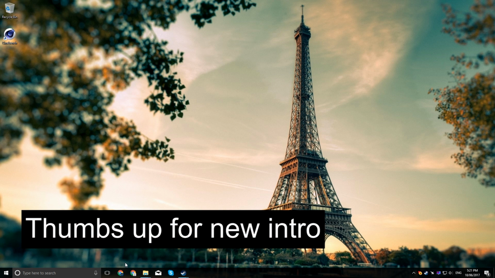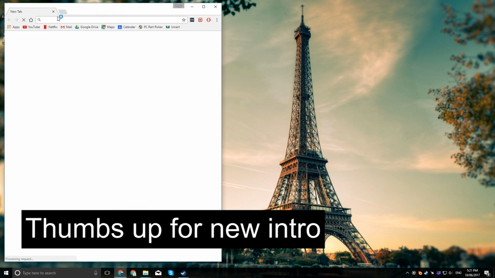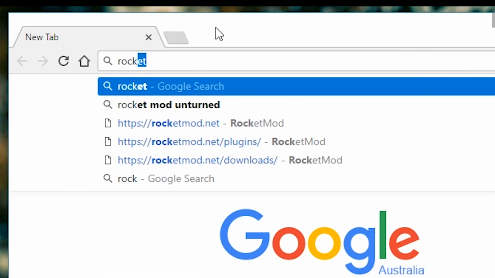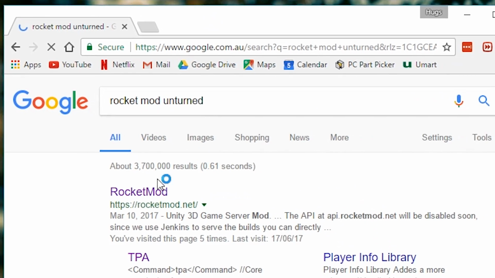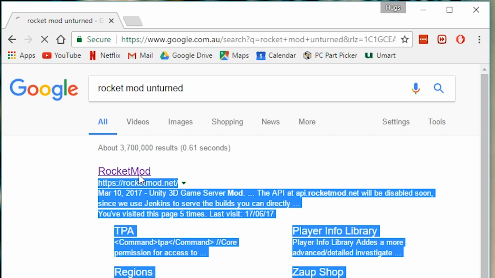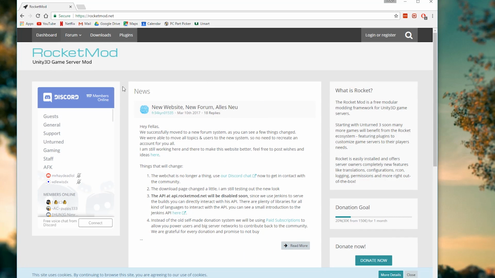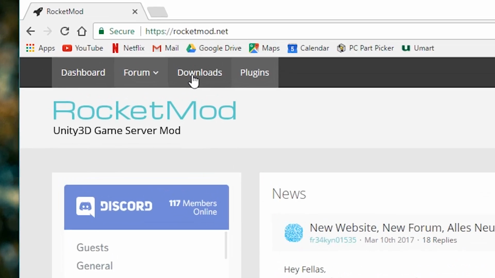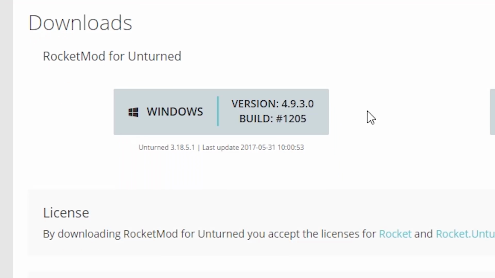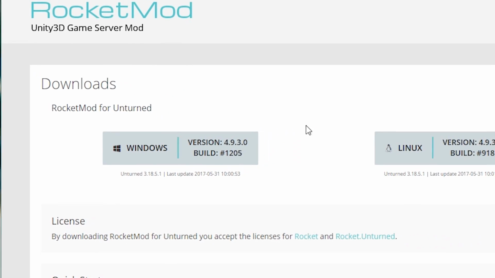So the first thing you want to do when you're installing Rocket on your computer is go to your Chrome and type rocket mod unturned. The first link should be rocketmod.net. So you click on that and it'll bring you to this page. Okay, so you want to go to downloads first and then click Windows and it'll download to